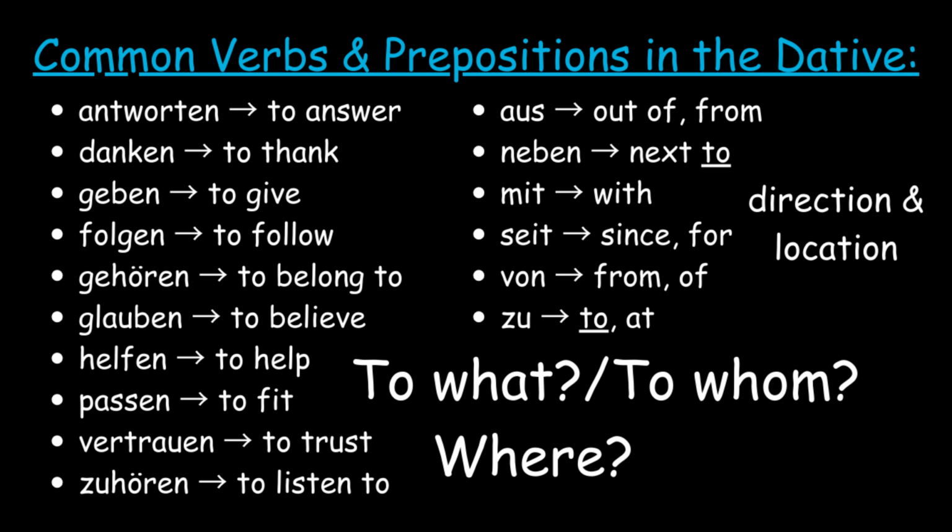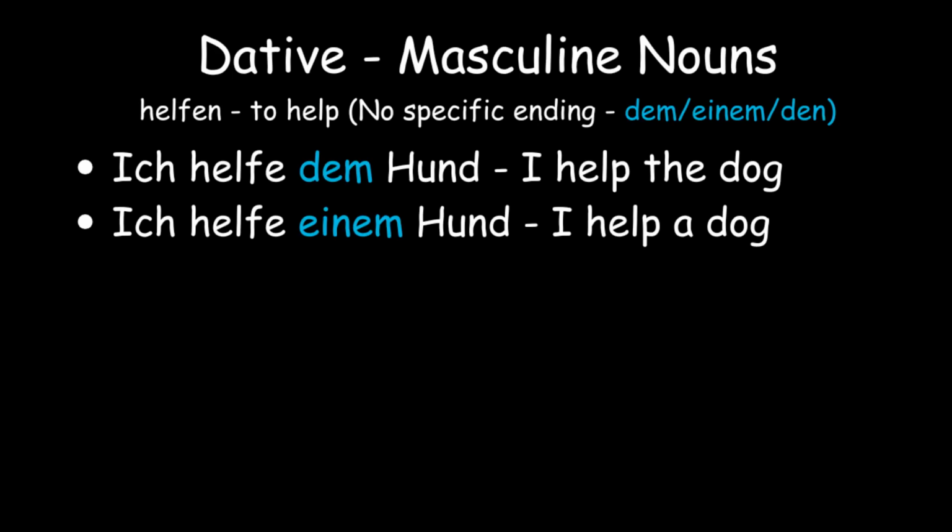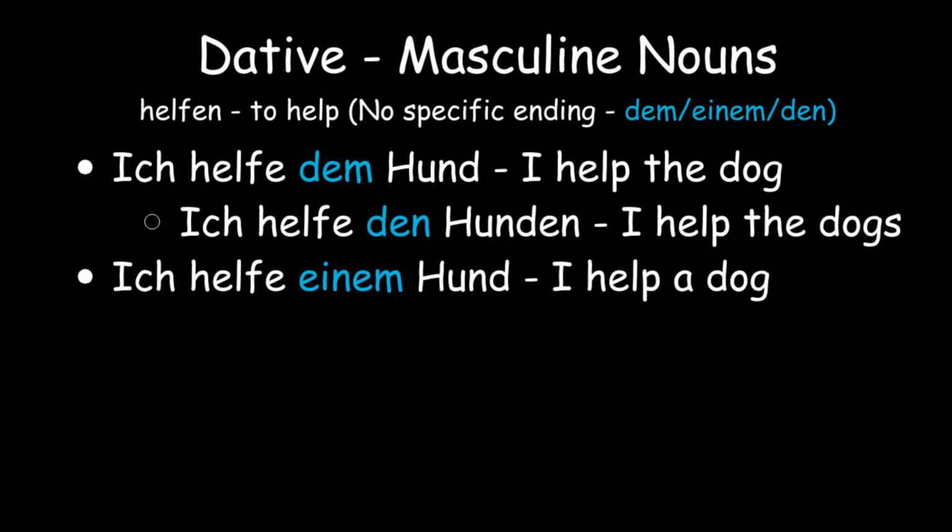Let's begin with masculine nouns. Here, we have sentences with the verb helfen. Ich helfe dem Hund. Ich helfe einem Hund. To pluralize them, change the article and noun. Ich helfe den Hunden. These sentences are dative because of the articles and the verb helfen that works in the